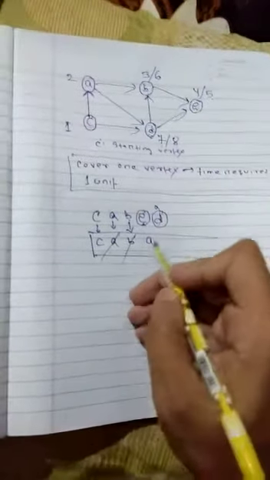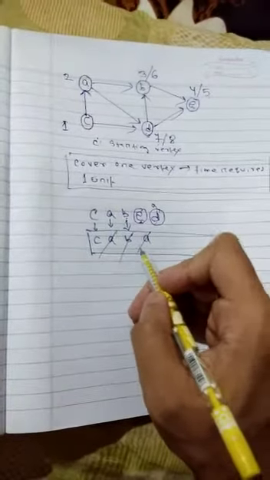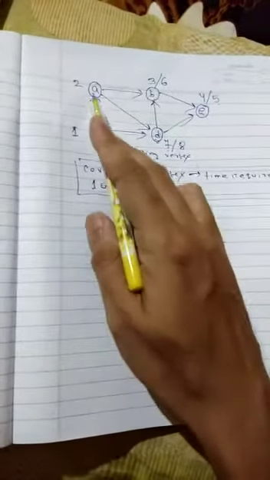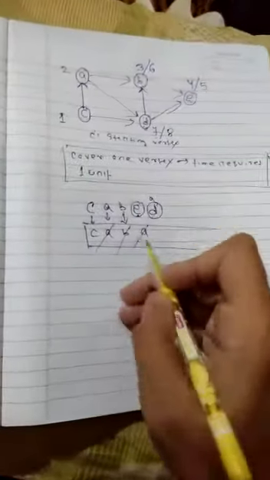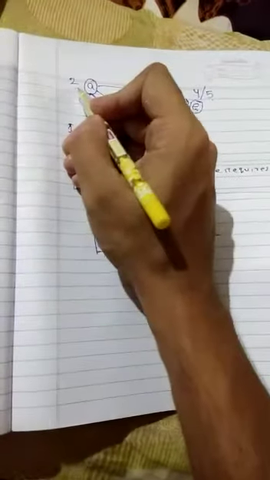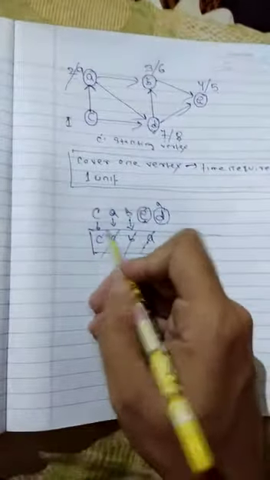Next, A will be popped out. Check using A. Can you find any new edges? B, D are already visited. That means A's work is now over. So what time unit will A be over? Here 8 is gone, then at the 9 time unit A's work is over. Next, last C is there. C, A and B, D already traversed, then C's work is also over. That means at the 10 time unit C's work is also over.